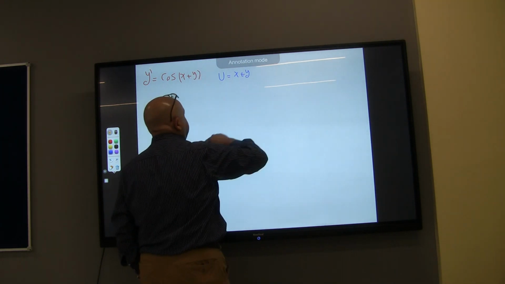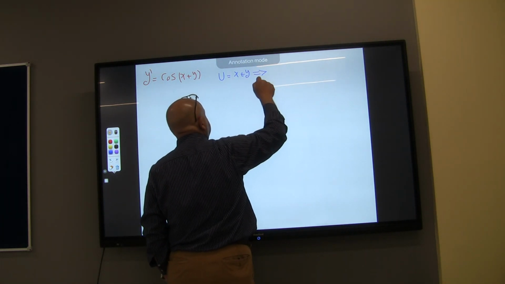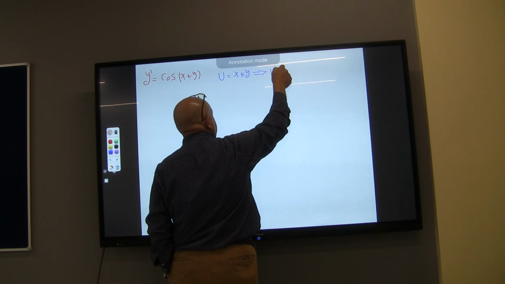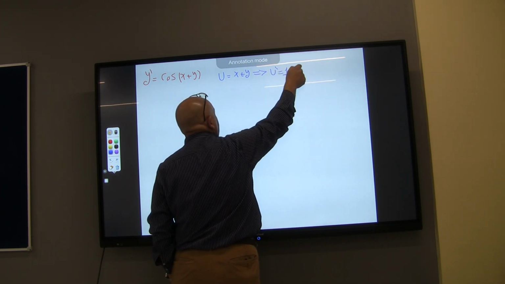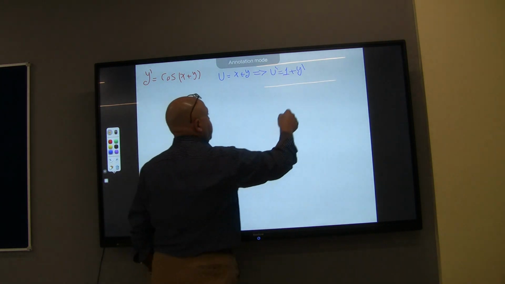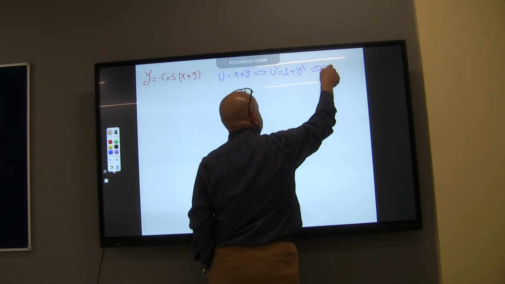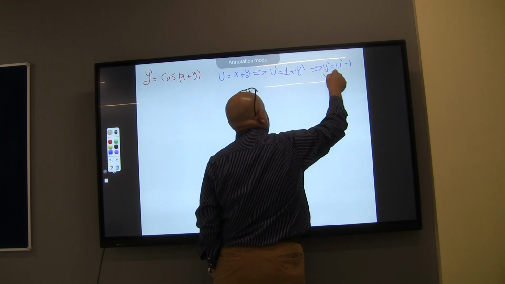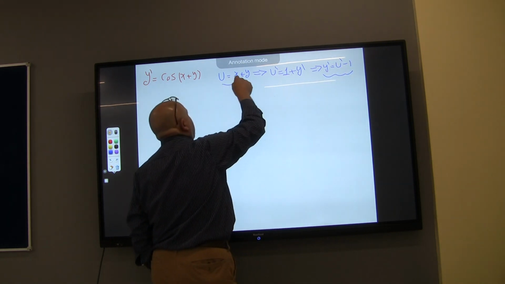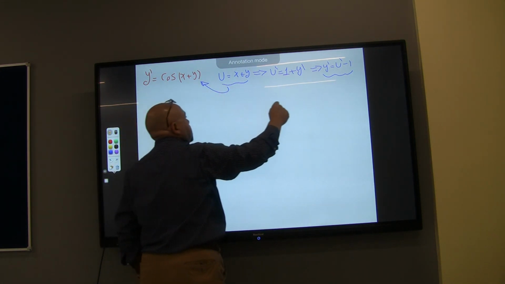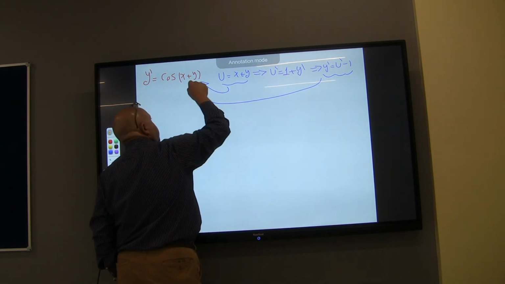In order to make the replacement, I will differentiate both sides with respect to x. That's u dash will equal to 1 plus y dash. That's y dash will equal to u dash minus 1. I will take this substitution and try to resubstitute in the main differential